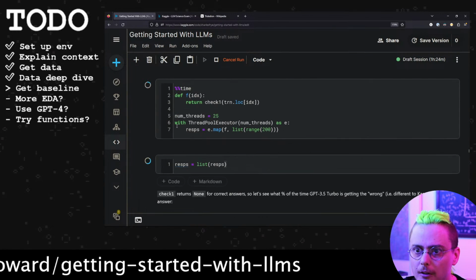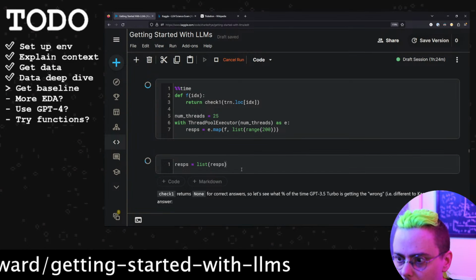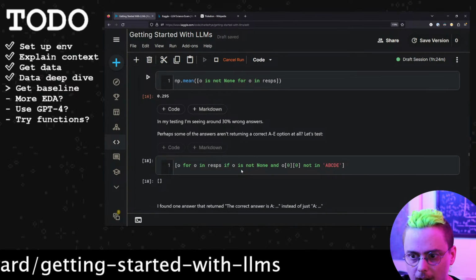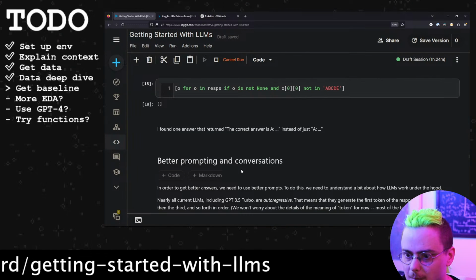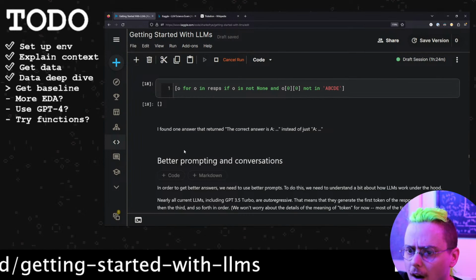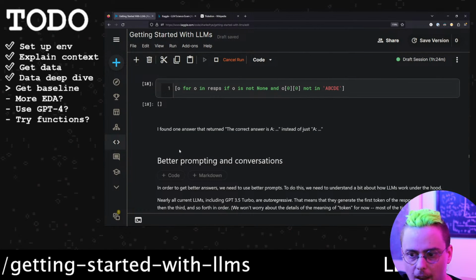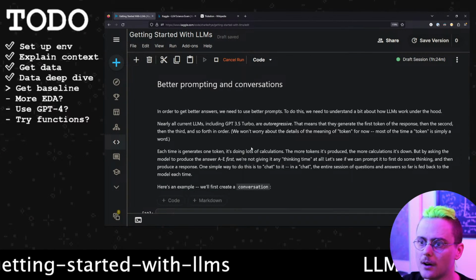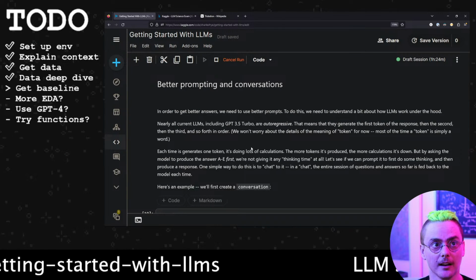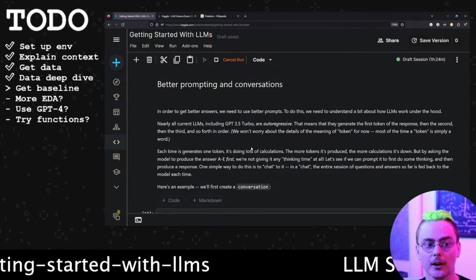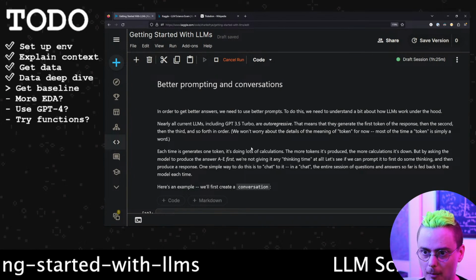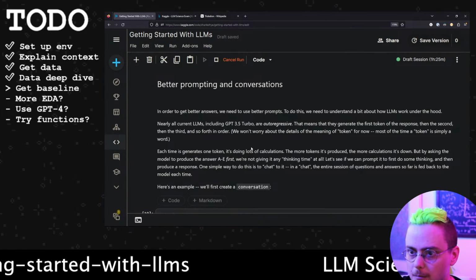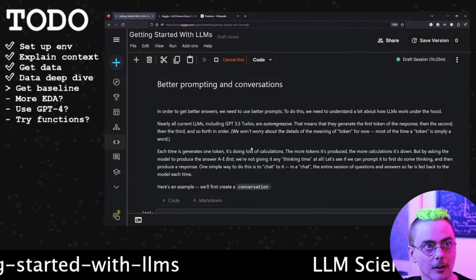All right, how are we doing on this? Man, that's taking a long time. Could be a traffic jam in the OpenAI API. All right, let's keep going and checking this out. So we have our baseline, and we didn't think that hard about prompt engineering for the baseline. So the prompt was just this, question answer.